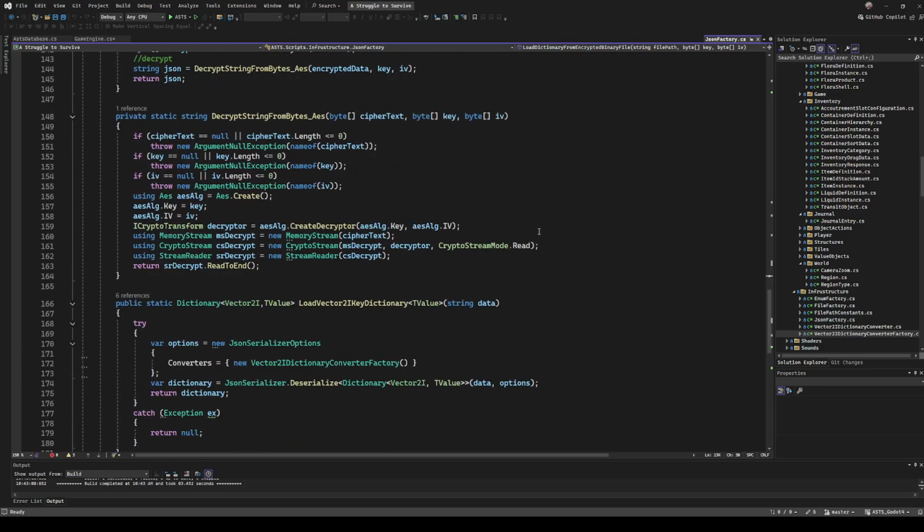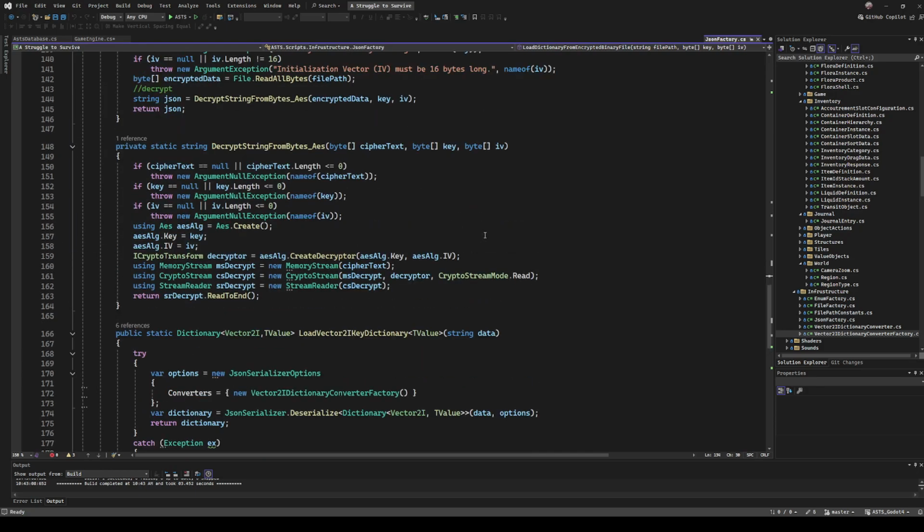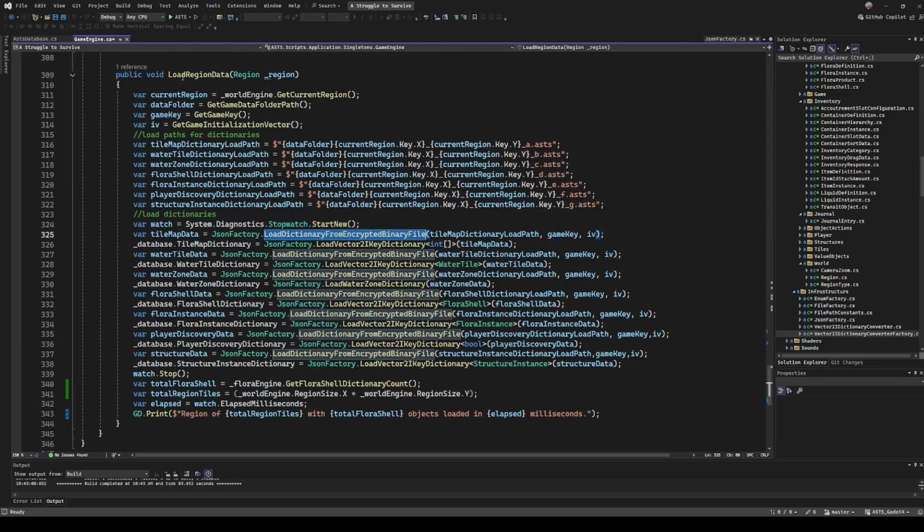But I do want to show you that I'm using the JSON serializer again to load the Vector2I keyed dictionary. So we have 6 calls to that. This is the one I was referring to. In my JSON factory file, where I keep my JSON methods,